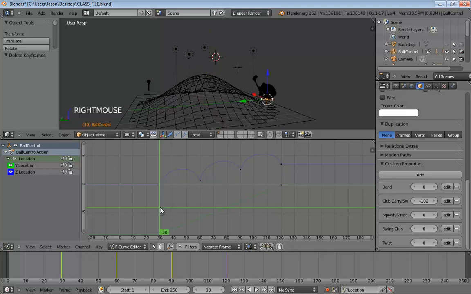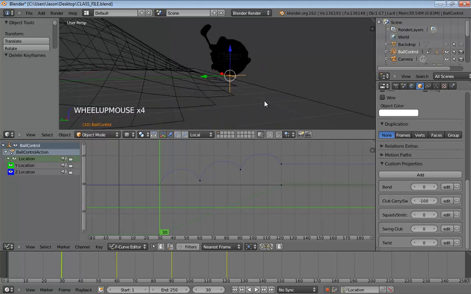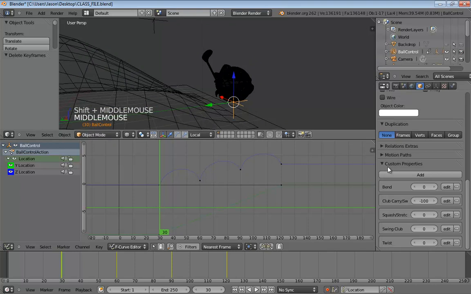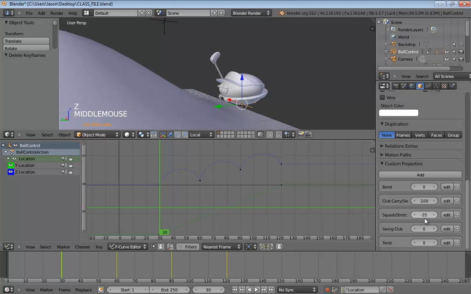Let's go all the way back to frame 30. And what we're going to do is start off right at frame 30 with our character stretched out a little bit. Actually, squashed down as I read my notes backwards, which is great. So starting at the very beginning of his jump, we're going to squash him down. Let's go ahead and just drag this. I think in my notes I say something like about 36, which in this case is looking pretty good.